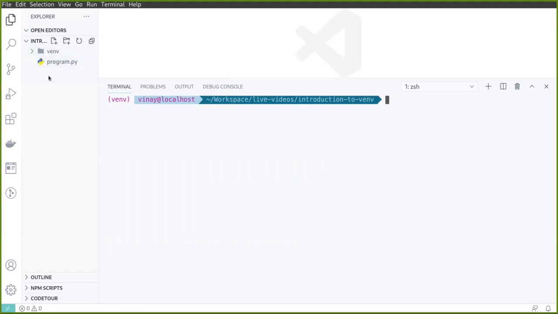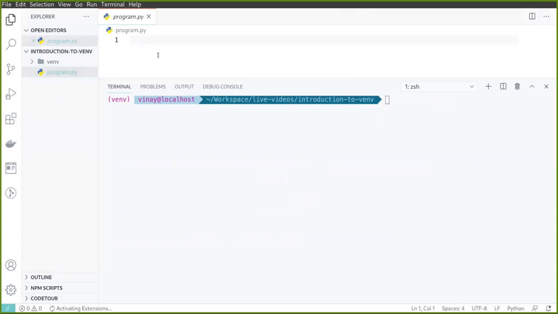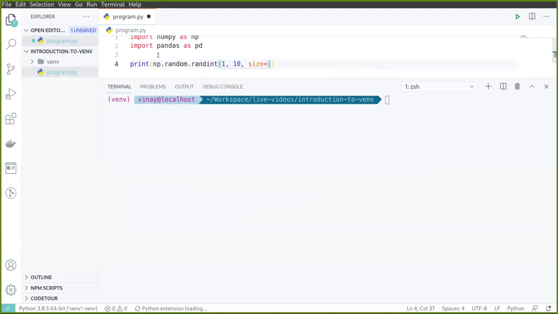Whatever code we write, we do not put it inside this venv folder, because we should always be able to delete it and create it again. So now let us assume that we have created some program wherein we import numpy as np and import pandas as pd, and let us print something: np.random.randint(1, 10), and pass it something like (2, 3).